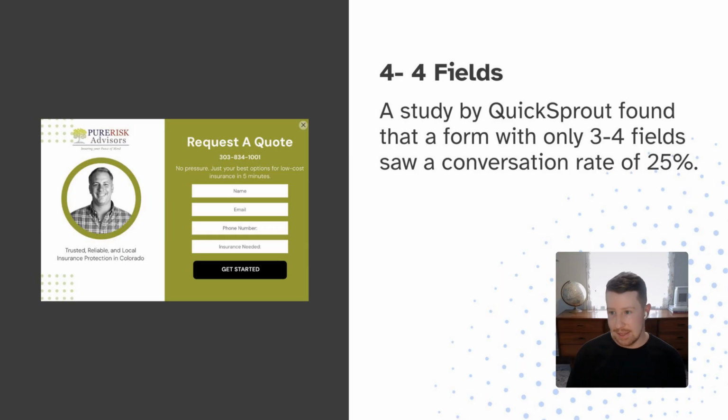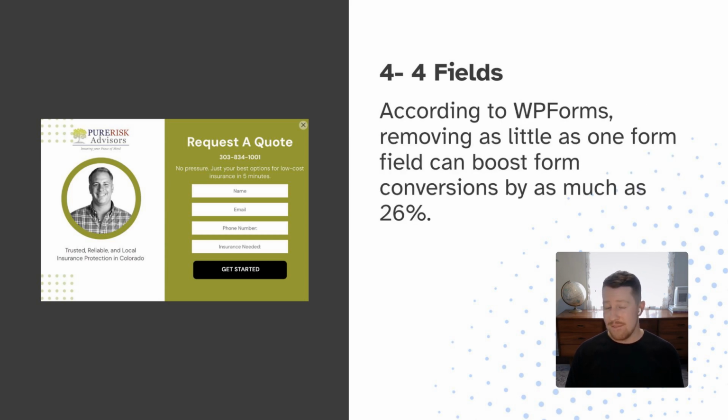So looking at the conversion optimization stat here, a study by QuickSprout found that having a form with anywhere from 3 to 4 fields saw a conversion rate increase of around 25%. And according to YP Forms, removing as little as one field can boost conversion by 26%. So it's really impactful to limit the number of fields to the crucial information, and then send